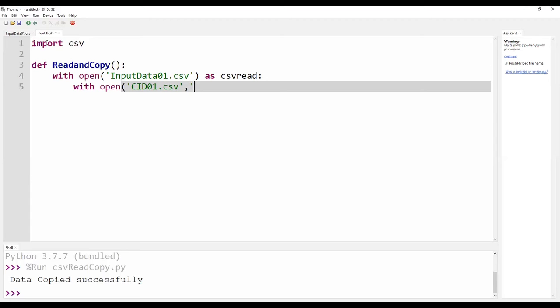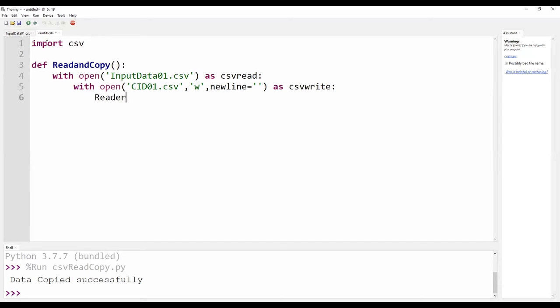Here I have to mention the mode as write. For reading, the mode is not necessary; for writing, we have to mention the mode. Then, if there exists any blank line, newline will suppress it. This is the third parameter. We are going to write onto the file, and since it is related to csv write, I keep it as the file handler name.